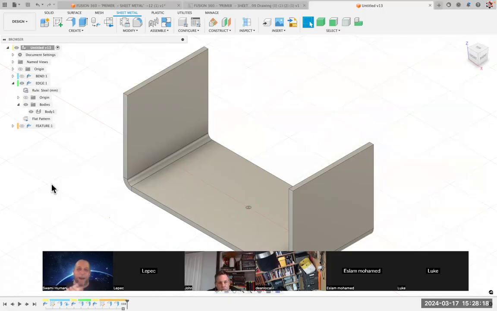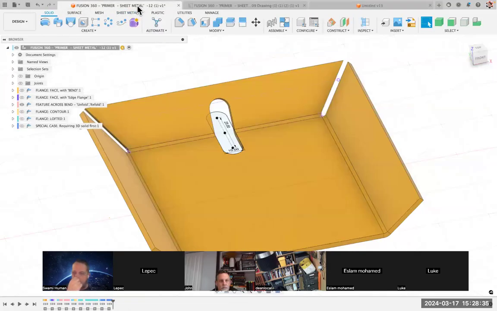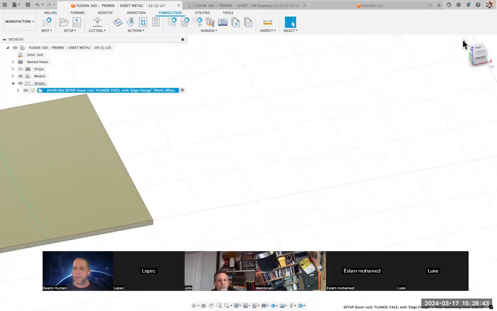And then we'll talk about two other ways to use this. You can program on this right here in Fusion. And I'm going to show it in the other file because I've got it all set up. This one, you're basically just going to watch along here. So if I come into my manufacturer workspace, you will see that,